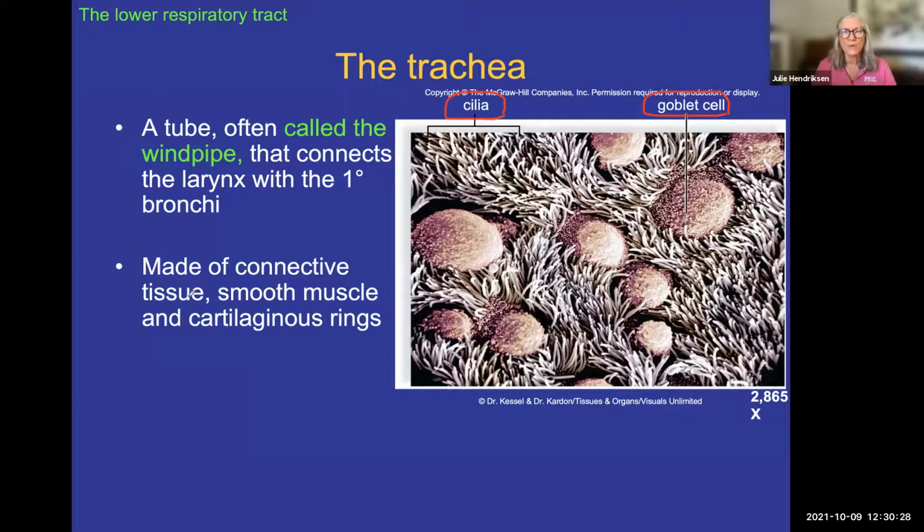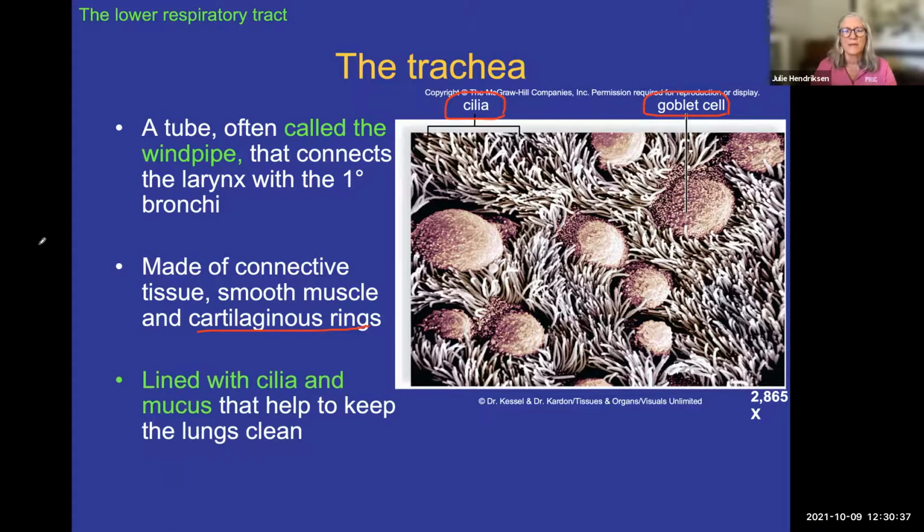The rings that are there, these cartilaginous rings, help keep the windpipe open because, of course, we don't want the trachea or windpipe to collapse. The cilia will move and beat in a way that helps those particles that we may breathe in to be moved up in conjunction with the mucus. And mucus is what is being produced by the goblet cells. So here's a really important role for these cells. And of course, if you have something stuck in your throat,